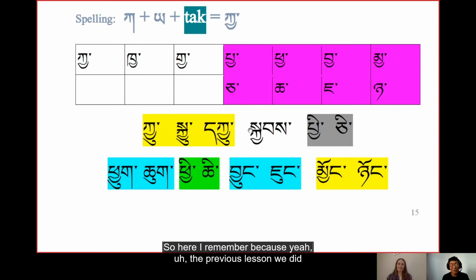So here remember, because the previous lesson we did sa, and then attach ka, and then we need ta, and then also for the root letter ka, also this ya is attached. So we need to use ta 2 times. Okay. Sa ka ta ka